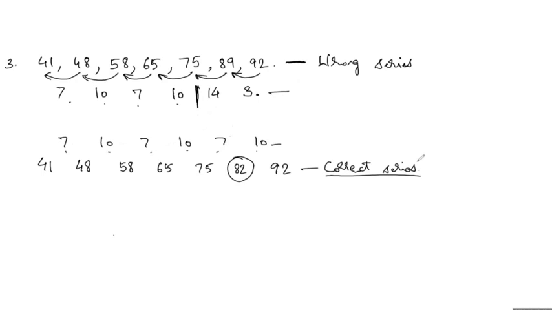So now compare these two, and we should check which number is different, which number is changing. So in these two, this number is changing. So this is the wrong number. Okay, understood? 89 is the wrong number. 82 is the correct number. Okay, this is correct. And 89 is the wrong number. Did you get it? Everyone, did you understand?